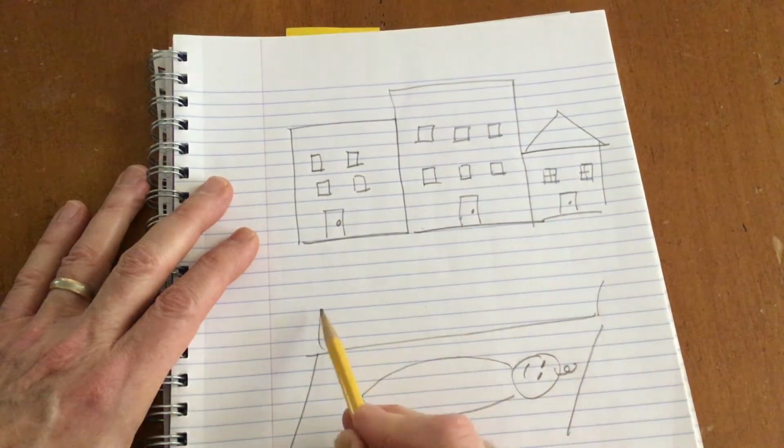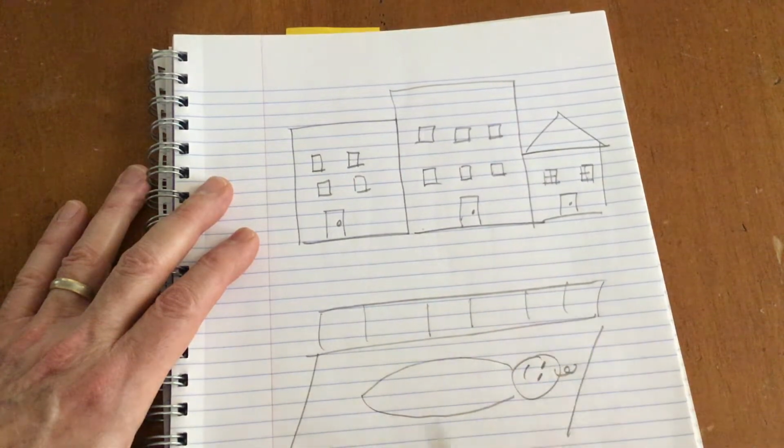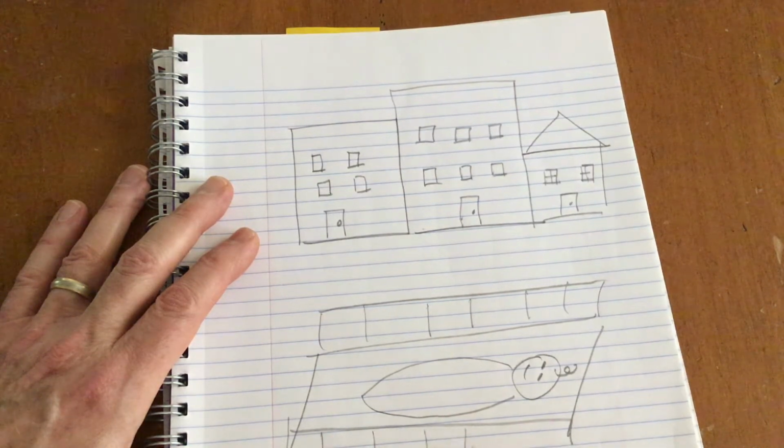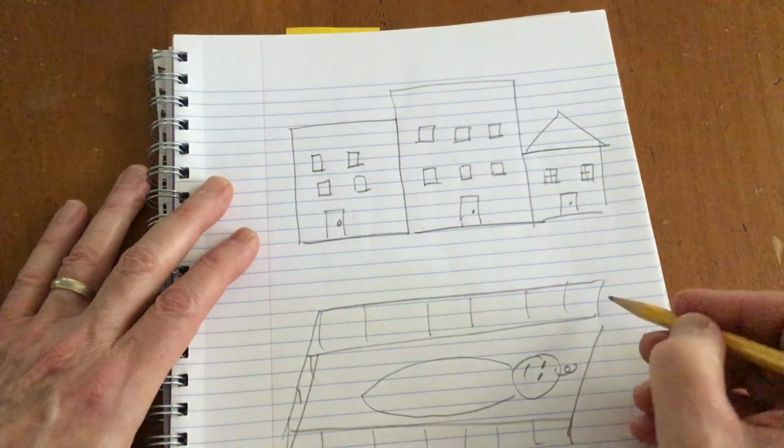Now, if a baby's in a crib, you need to have rails. So let's draw some rails on the side of the bed. Babies will fall out of bed if you're not careful. Okay, now while I'm finishing that up,